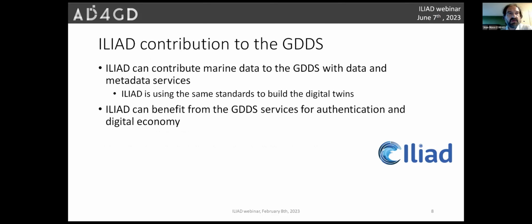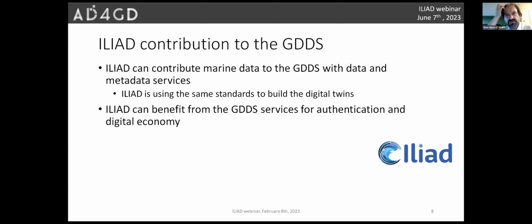So Iliad, from my point of view, should be considering itself as a part of the Green Deal data space. So the data space is structured in nodes. Those nodes are communicating together. They are sharing the data among those nodes with a set of rules. And I imagine an infrastructure with some of those nodes has the Iliad logo on them. They are digital twin of the ocean nodes. I also believe that the fact that the Iliad is part of the Green Deal could benefit it